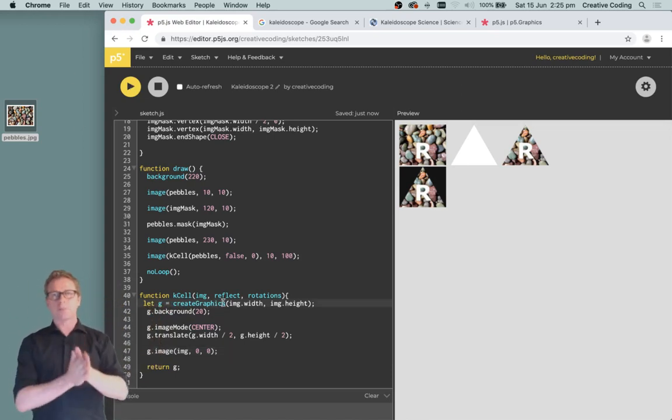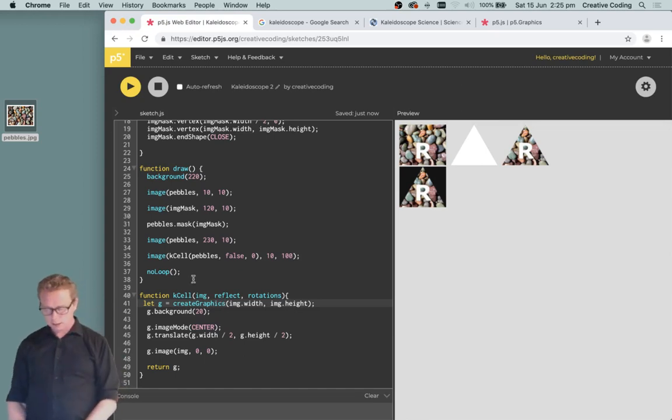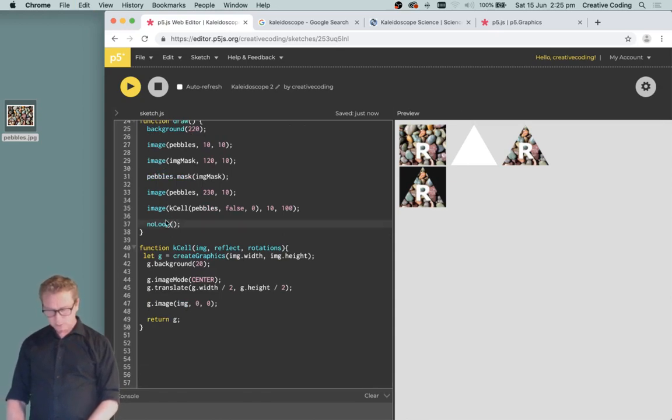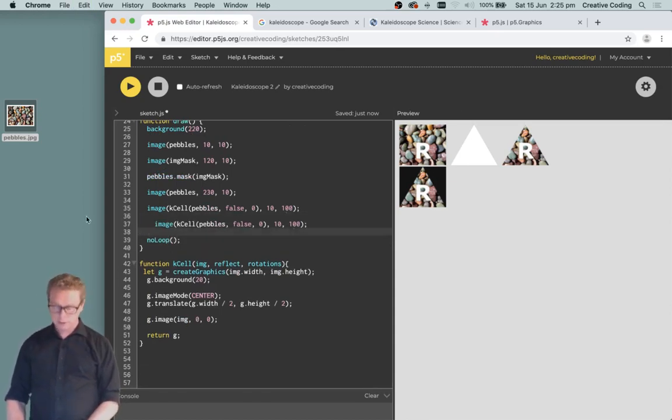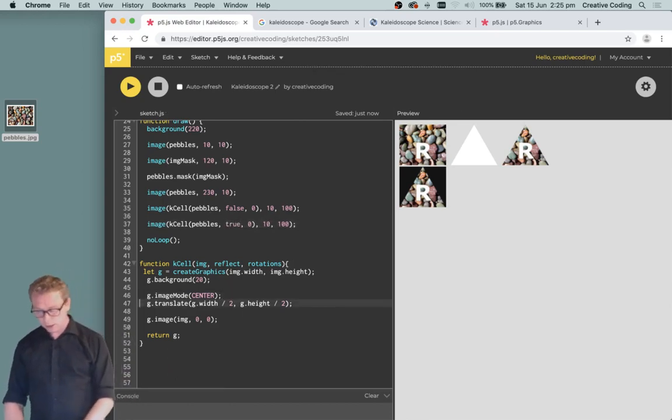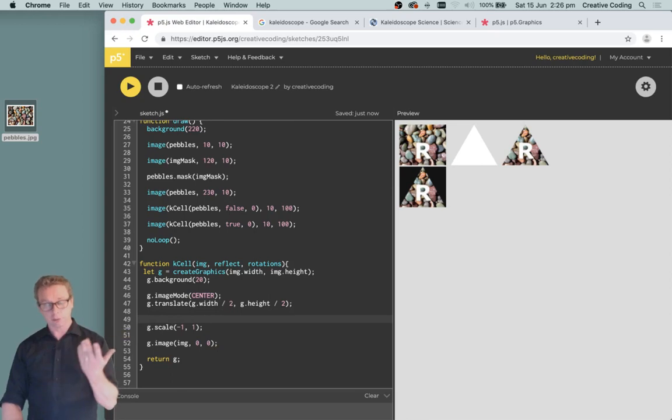All right, let's start by trying to reflect this image. And I'm going to reflect it across the vertical axis. So to see this working, I'm going to add another image to my canvas here, and I'm just going to call that same kcell function but with different arguments, and it's going to give me a different result that I can draw to the canvas. So I'm just going to change false to true. And then we want to use that in the drawing function. So I'm going to say here g.scale(-1, 1),